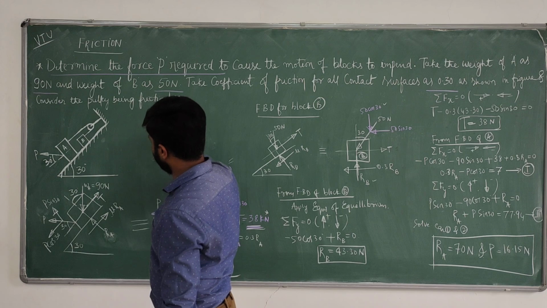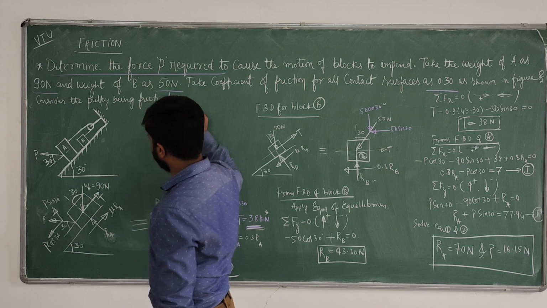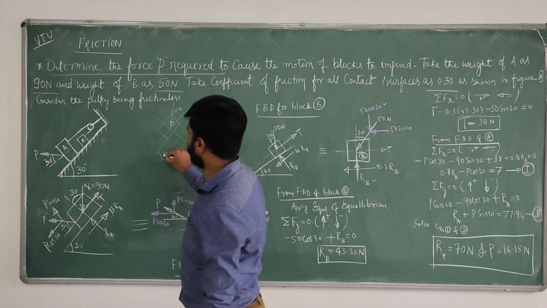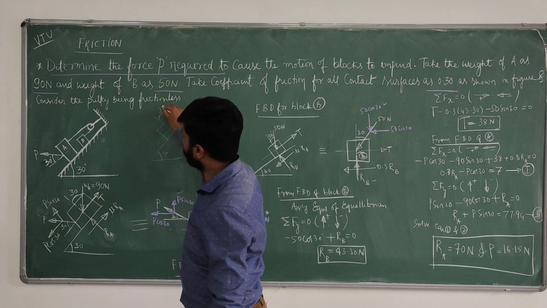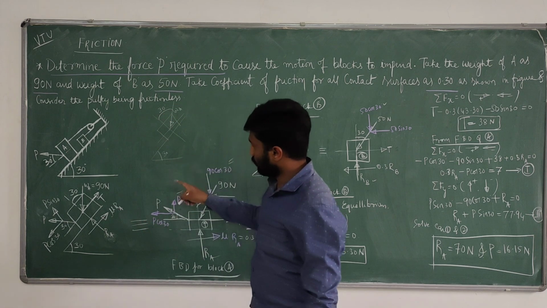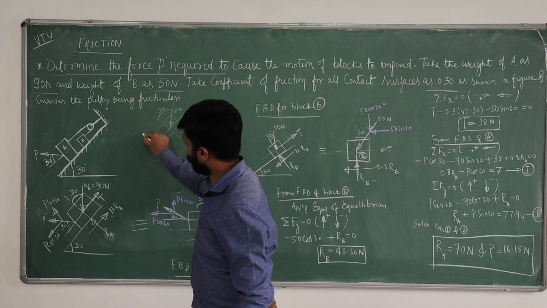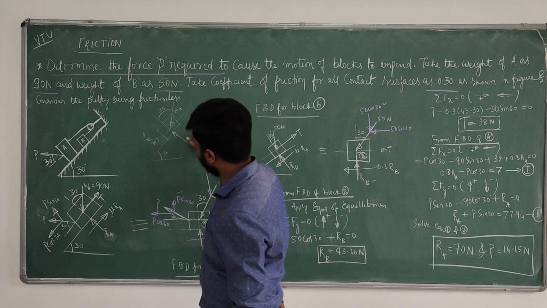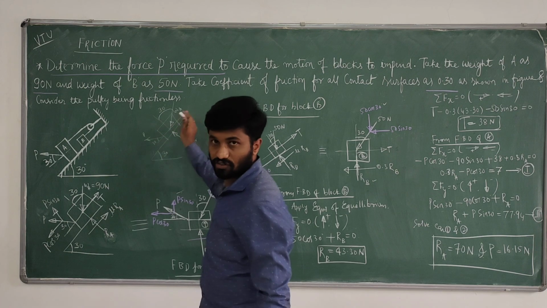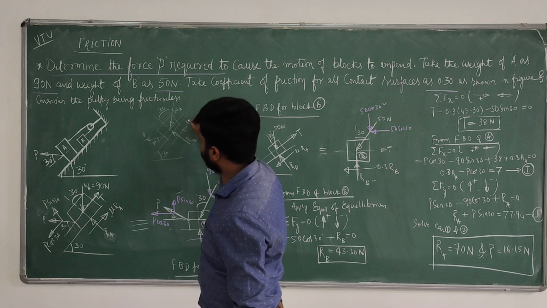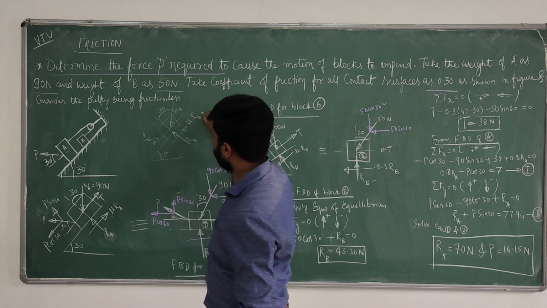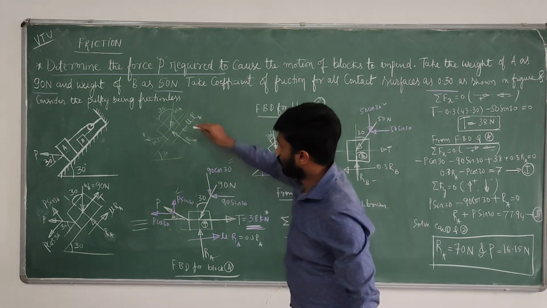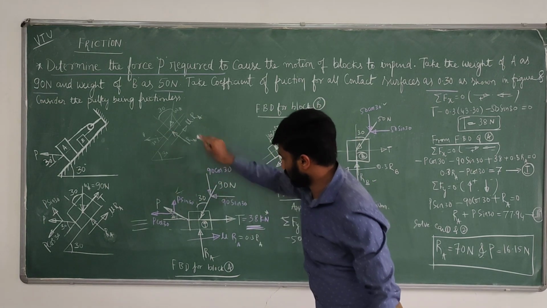So this is the inclined plane block. Therefore the weight acts like this. This is WA, and by the concept of angle of repose, the value is the same 30 degrees. So when you are writing, P is also inclined at 30 degrees. For every action there is a reaction, that is RA, and the P value in this direction. Friction will develop in the opposite direction, that is mu into RA. I have drawn the diagram like this, and I have resolved this force here.